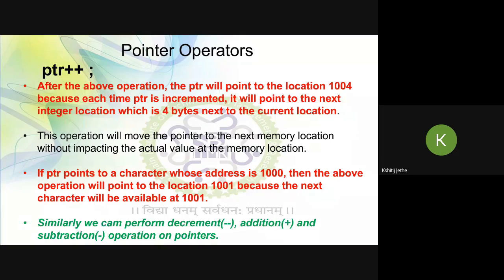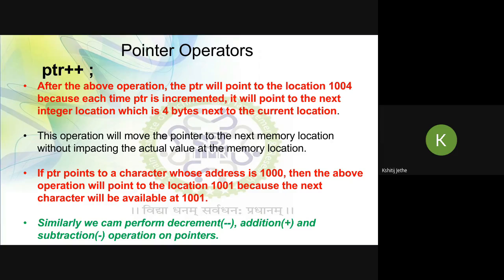So in that case, the PTR will jump by only one location, and the next location will be 1001, because if PTR is of type character, it is going to consume only 1 byte of memory, and in that case, it will jump by only one memory location. Similarly, we can perform other operations like subtraction or decrement,